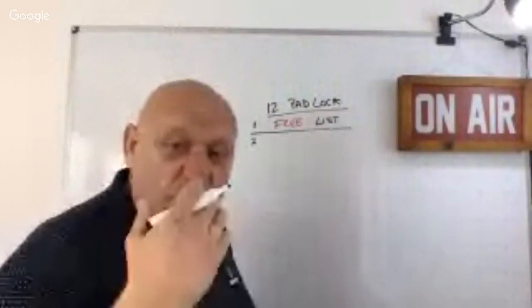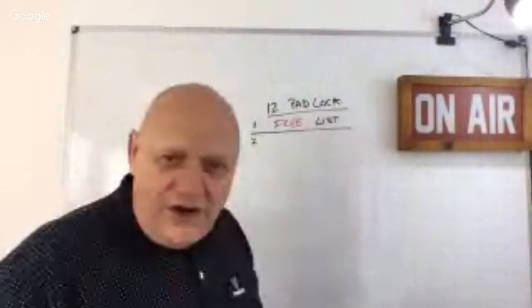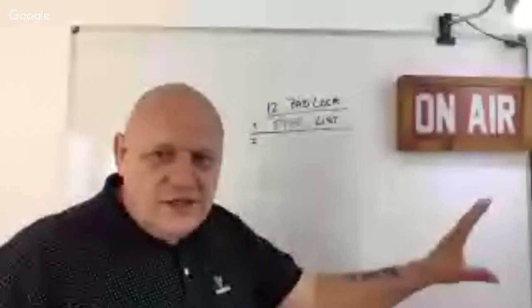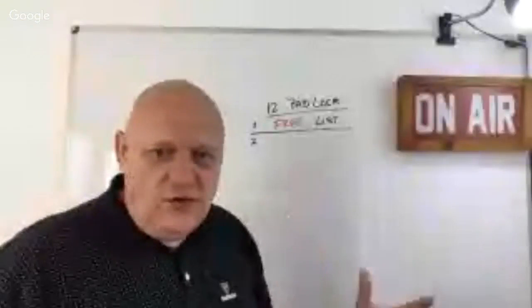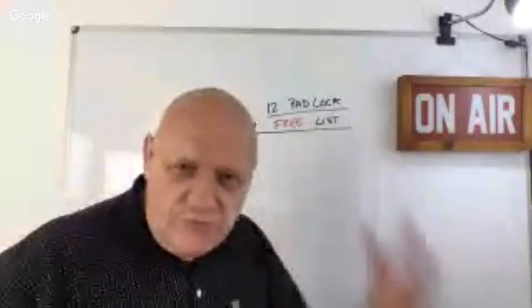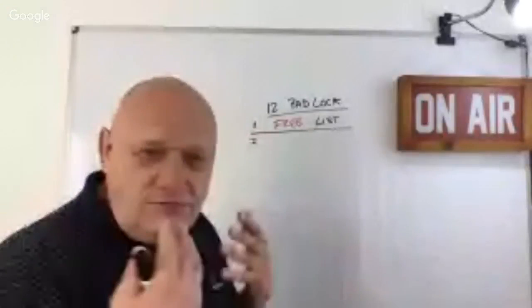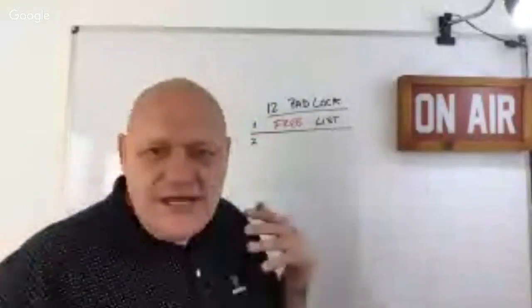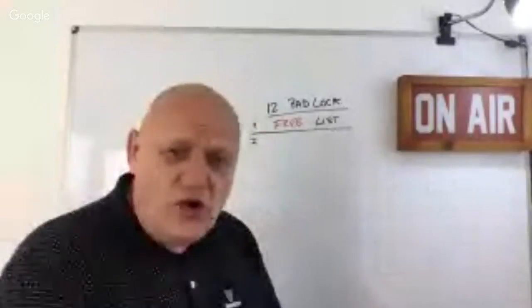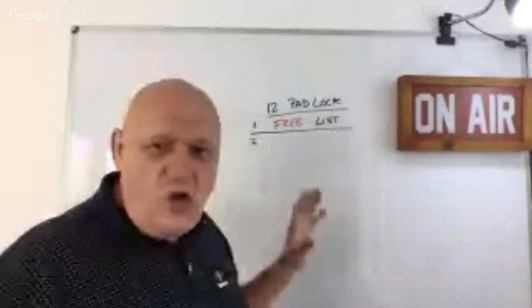Show you that this system will get you a list, because everybody, I'm sure, understands that it all starts with this. If you haven't got a list, an income working online, you'll struggle. That's what you'll do, you'll struggle. You'll look for product after product. You'll market it, and you're not building your list. You won't get into that 6-figure earning. You won't even get out of the gate if you haven't got a list. You'll be constantly working like a dog to make money on the internet, working from home,